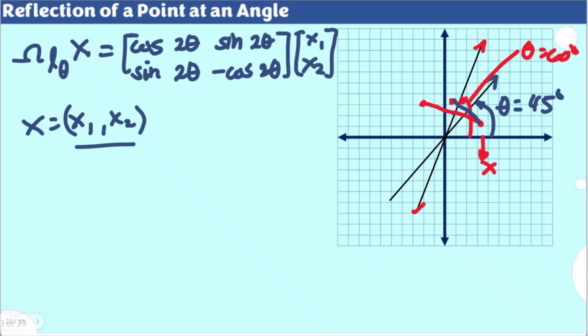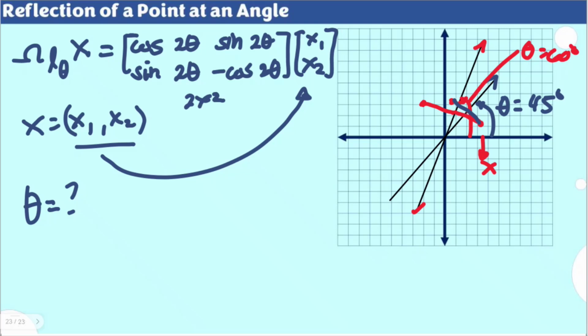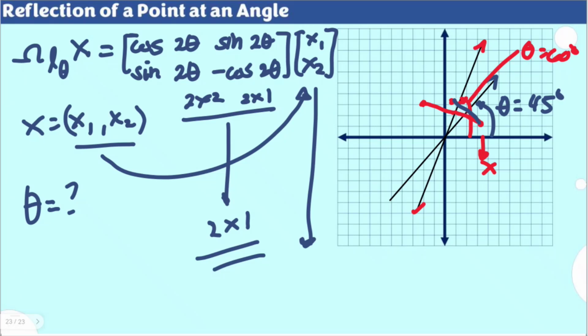So as soon as you plug in the components of your point, and then identify the angle, of course, we know that this is a 2 by 2 matrix, and then you have here a 2 by 1 matrix. The product is, of course, a 2 by 1 matrix, and it's defined in terms of matrix multiplication. A 2 by 1 matrix will still look like a point, just like this one here. So its reflection is still a point, but dependent on your theta and your components for x. We'll have an example for this, or a lot of examples, later on.